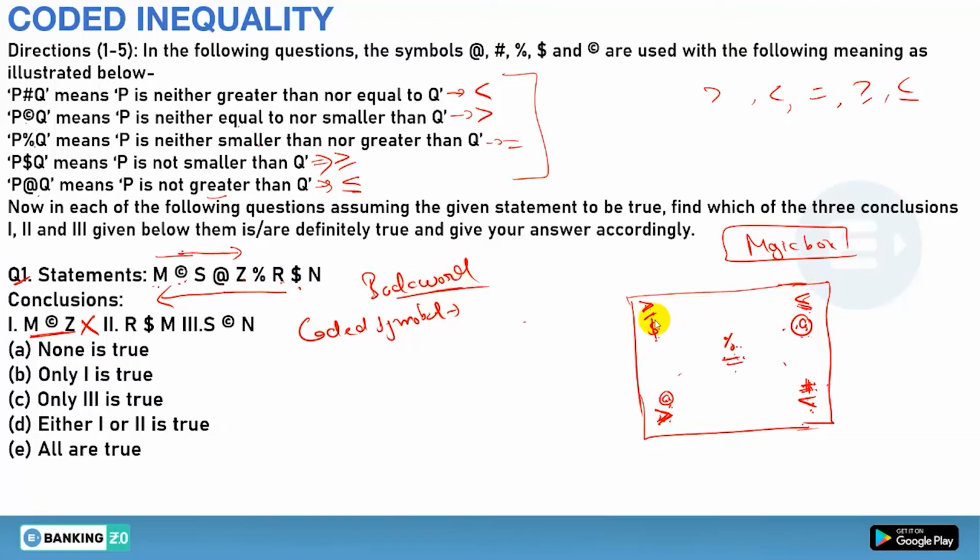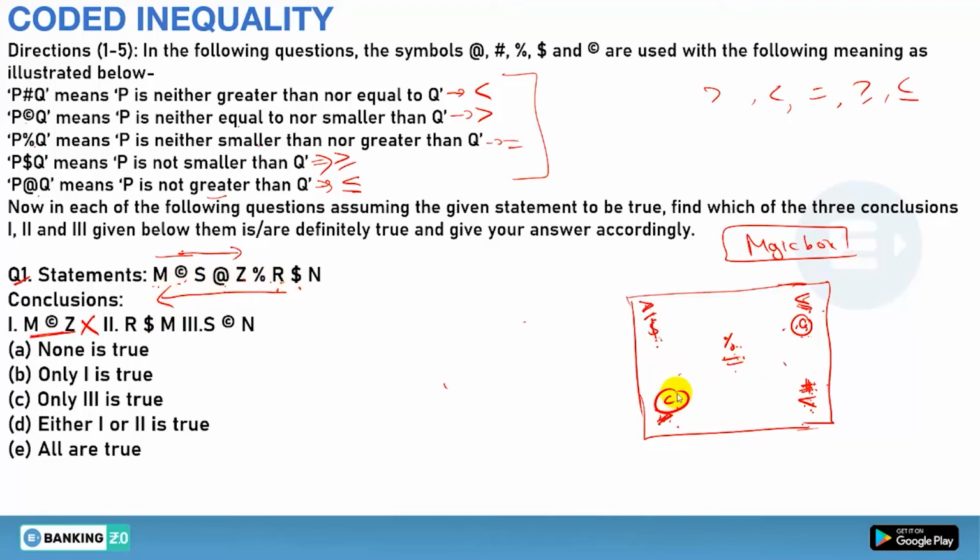You know that greater equal changes into less equal, greater into less, less into greater, and less equal into greater equal. So whenever you're going backward, the coded symbol will be changed horizontally. How they will be changed horizontally: dollar will change into at the rate, and at the rate into dollar, copyright into hash, and hash into copyright. Yes or no? Is it clear or not? Done. So this is also done. Now just start watching where they are representing. You are going backward, so whenever you are going totally backward, just see the relation in the forward direction. If the relationship is formed in the forward direction, you will revert it, like copyright, at the rate and percentage.